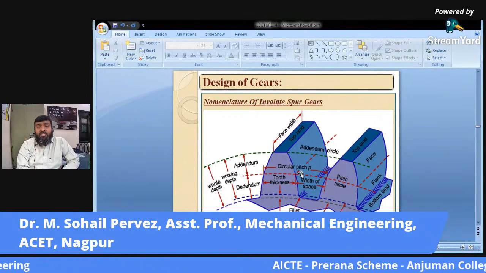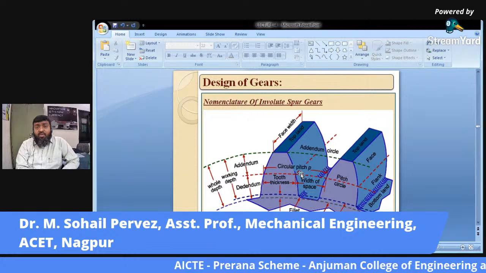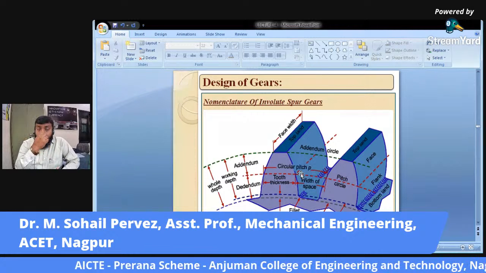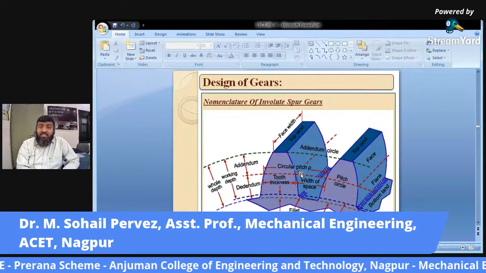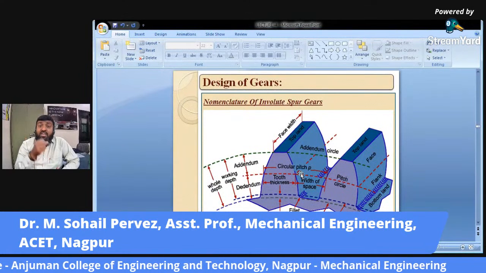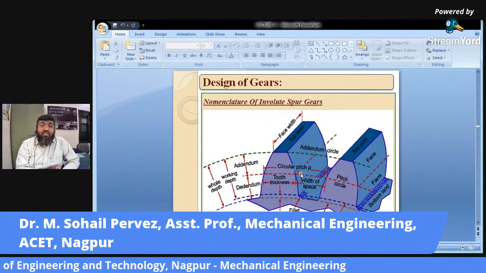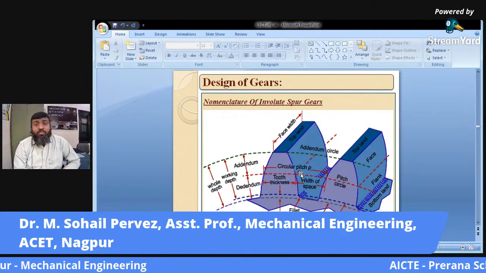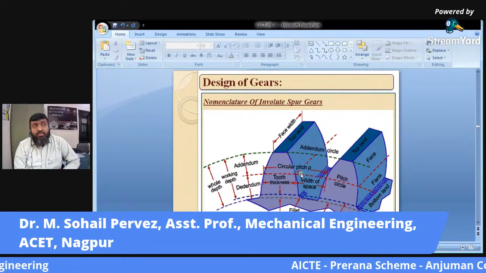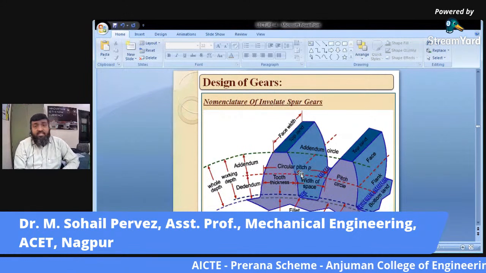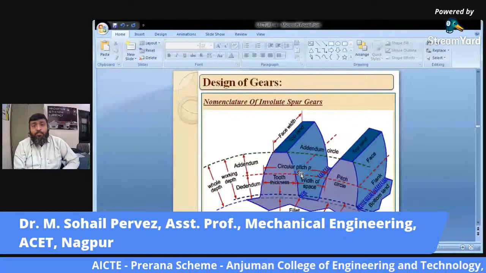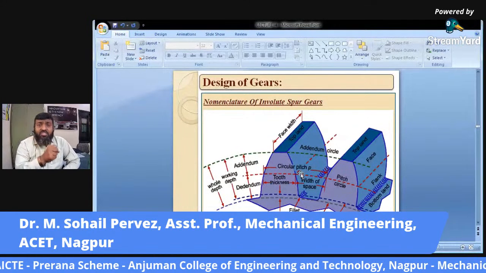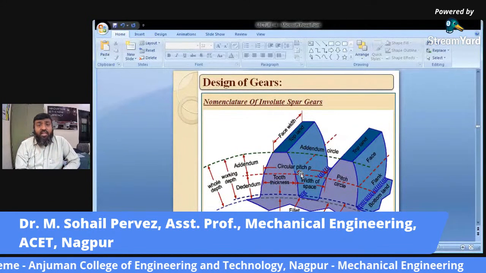In the dynamic condition, we have to calculate the dynamic load on the gear tooth as well as the wear strength of the gear. That's why we compare these two parameters, Fd and Fw, so that the dynamic strength of the gear can be well calculated